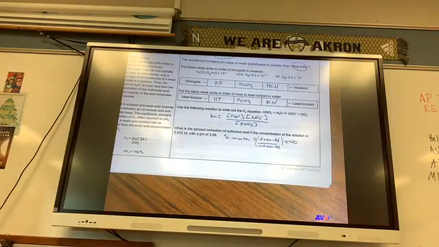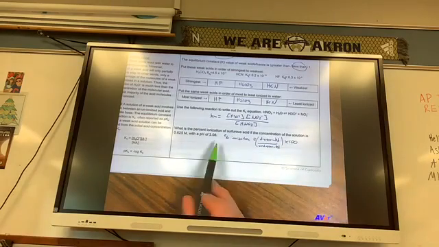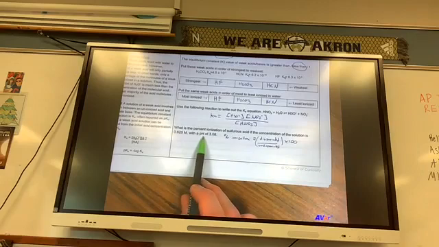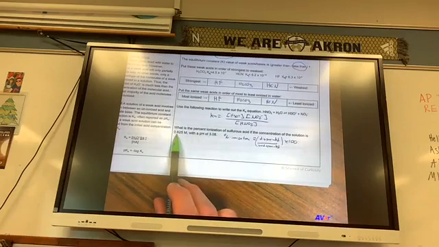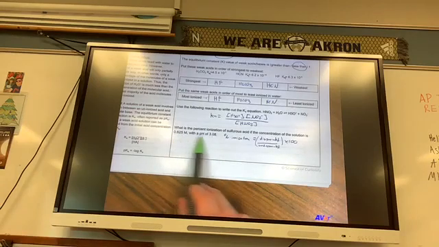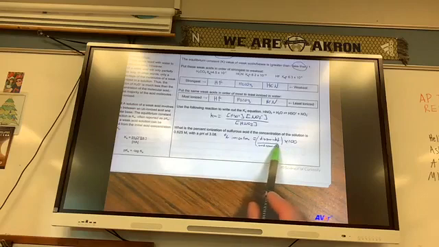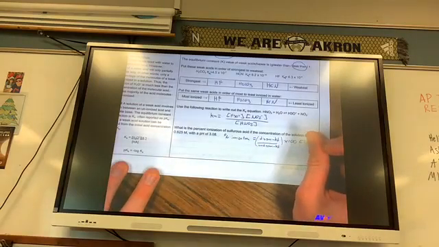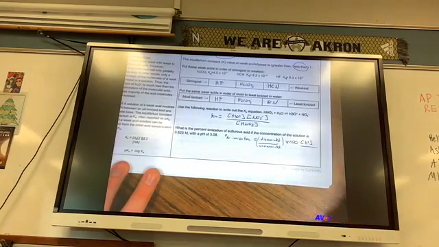So I have a pH of 3.08, and I have to figure out my dissociated divided by my undissociated, so the concentration of H plus